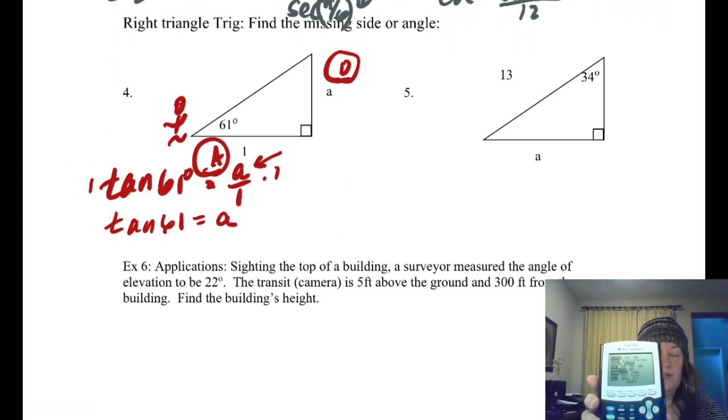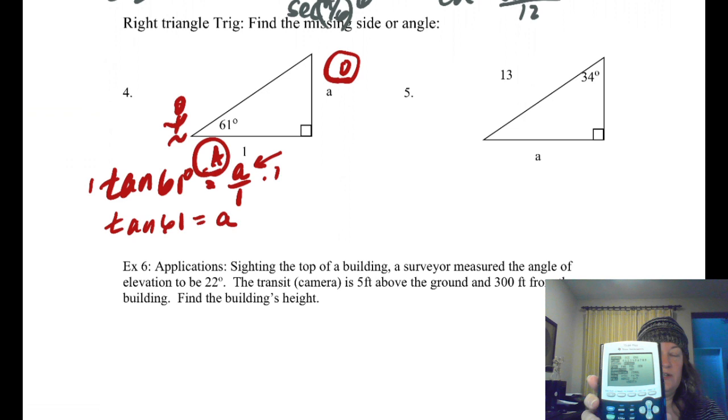All right, so now I'm just going to put into my calculator tangent of 61 and press enter, and I'm going to round to the nearest tenth. They didn't tell us to, so that seems like a good place to go. So I'm going to call that 1.8. Okay. All right, for the other one,